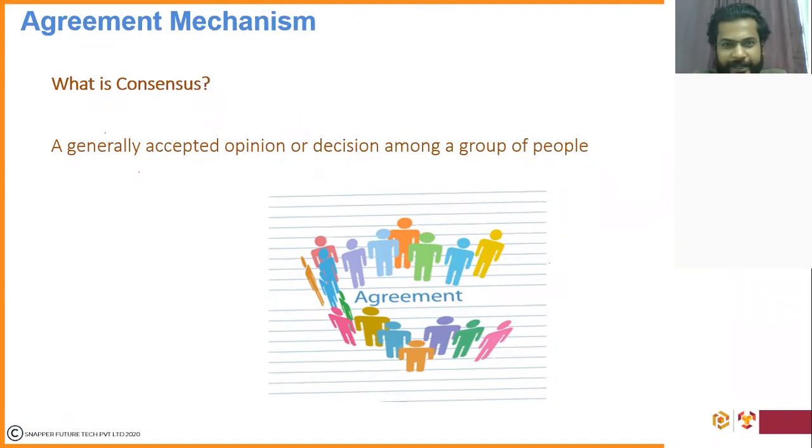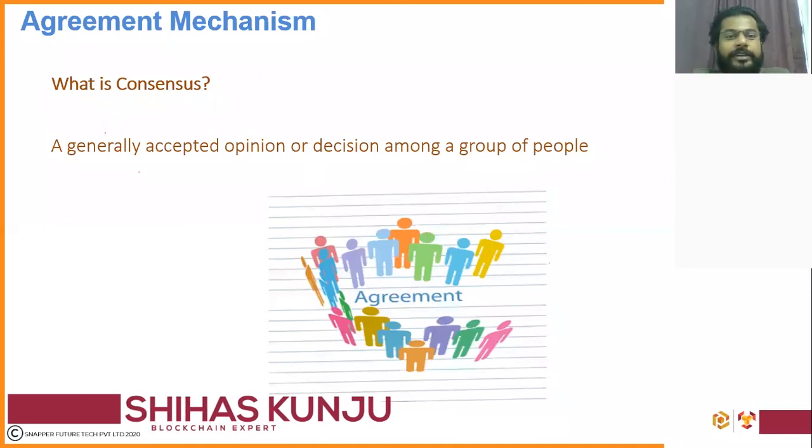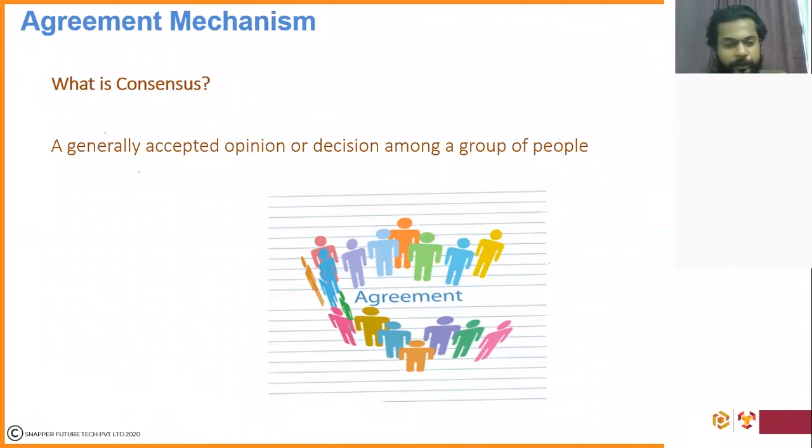Now I'll take a very funny example, which I guess most of you guys might have gone through. Okay. So I just want one or two people to confirm this so that others also accept. So the thing here is, if you want to go to Goa, most of the time it gets cancelled. So what you do is, your friends are in different places, different cities or different colleges. So the first thing that you do is that you create a WhatsApp group. There are 6 people who want to go for this particular trip.